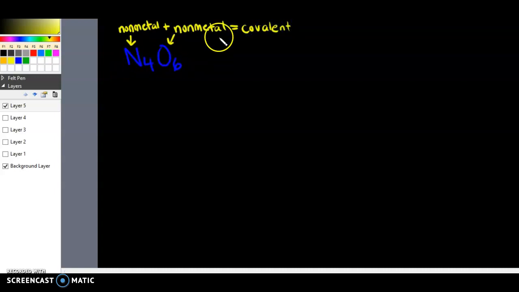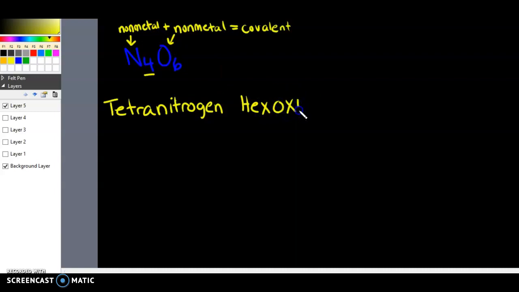So when we're doing covalent bonds, this is when we have to use those prefixes. So 4 is tetra, like Tetris. Tetra nitrogen. So I keep the name of the first element. And then 6 is hexa. But remember, if I'm using oxygen, I'm going to drop the A and I change the ending, hexoxide. That's all I have time for. My video is about to shut